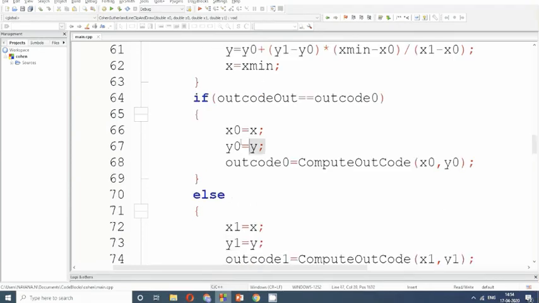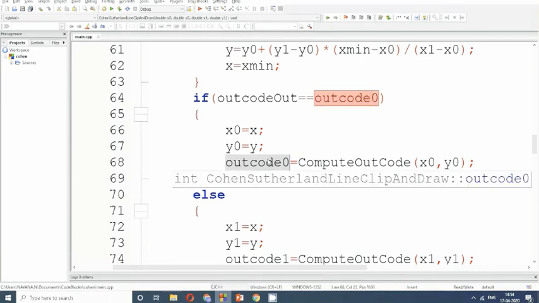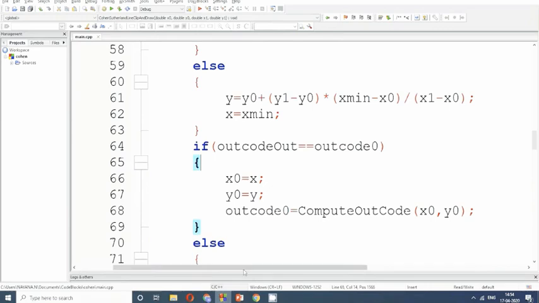So in that case, I'll update x1 and y1, the intersection points. And after updating this, I have to again calculate the outcode of the updated intersection point. So I am passing x0, y0 after updating this. Since x0, y0 are carrying the x and y values, that is the intersection points now, I am passing x0, y0 only here. The outcode of this will be returned and stored in outcode 0.